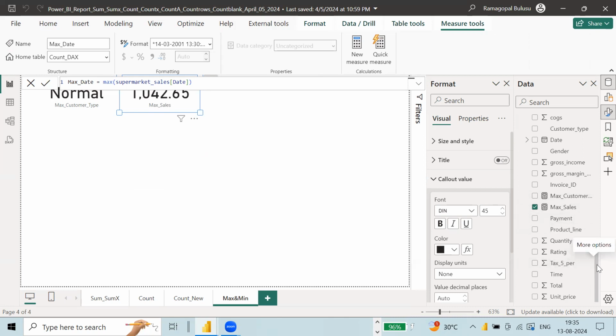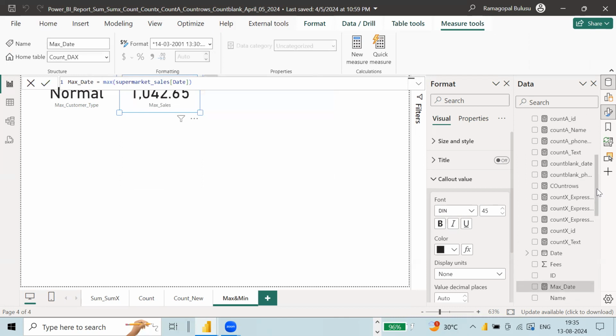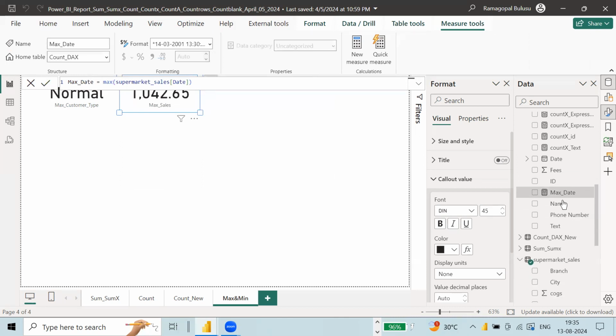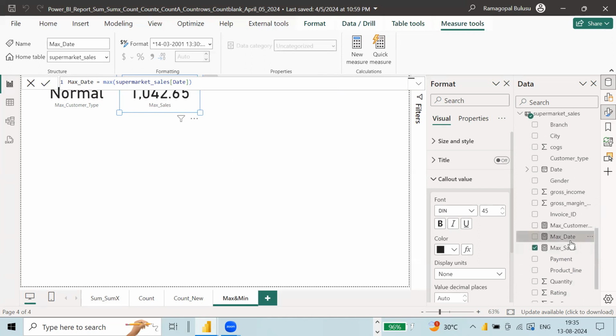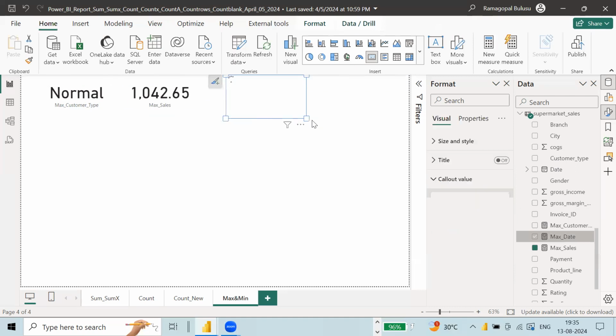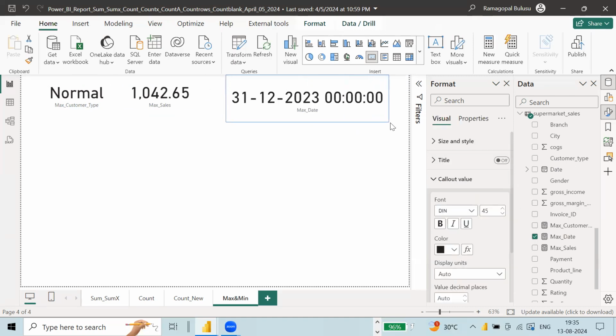Where this max of date went, it got copied in some other place. See, max of date copied over here. See, count of DAX. I will move this to supermarket sales. Okay, now it moved into supermarket sales. Then I will take this max of date option. See over here. Max of date